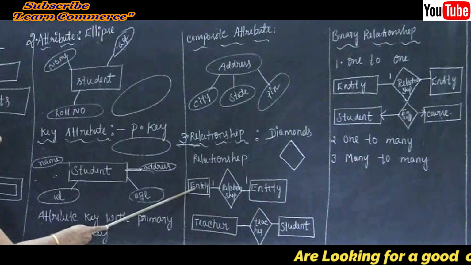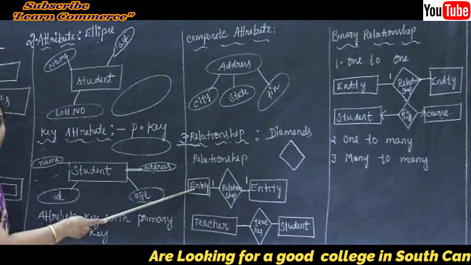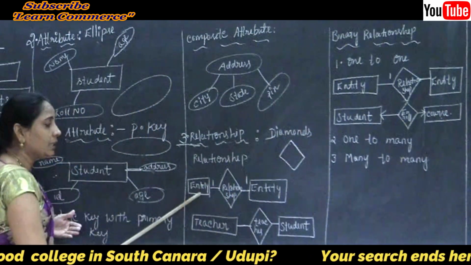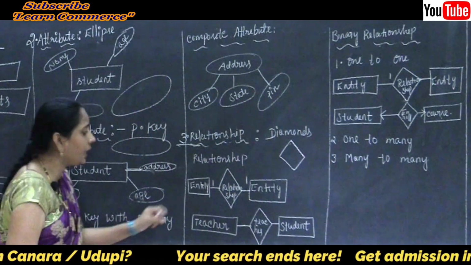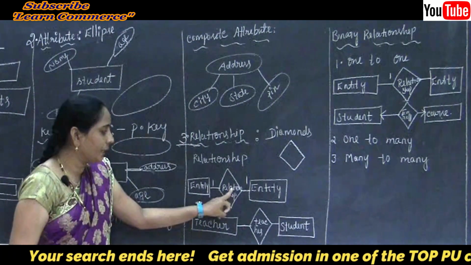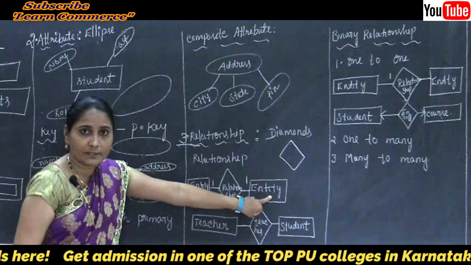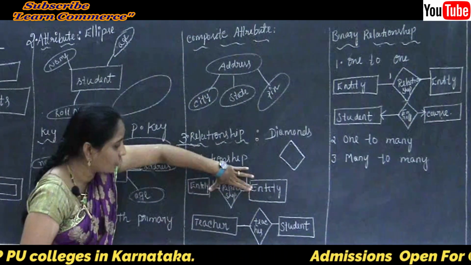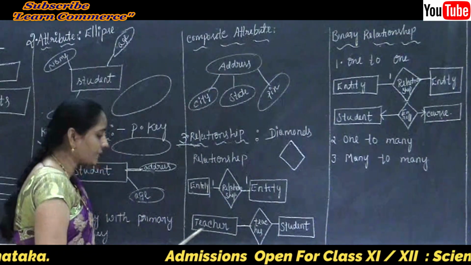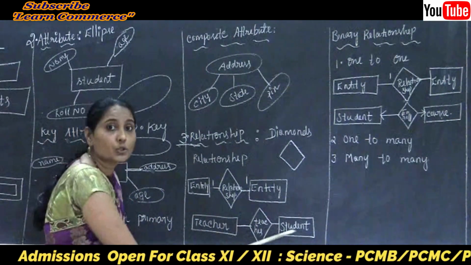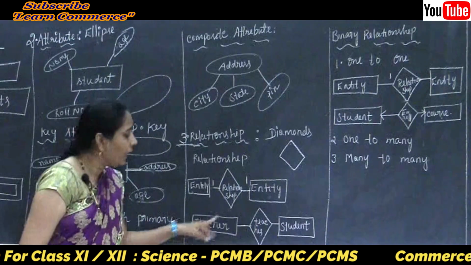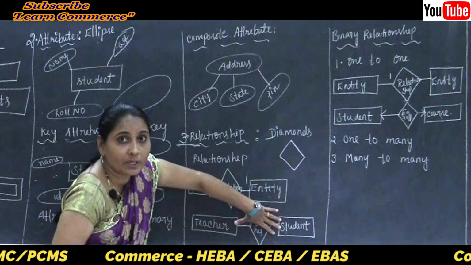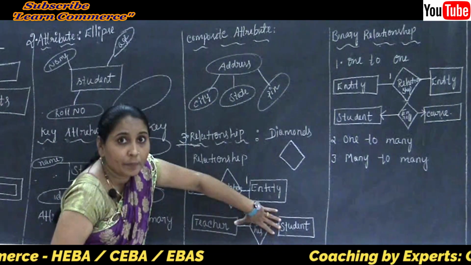Here is the suitable diagram for the relationship. Before we talk about the binary relationship: entity 1, table 1, has a relationship with table 2. Clear this point here. Entity relationship with the entity. So two tables are going to relate, for example teacher and student. Teacher is one table and student is another table, and we are going to make the relationship. The data is going to relate between the tables.